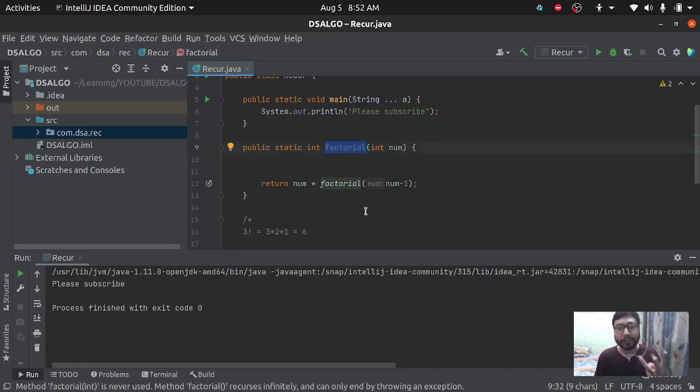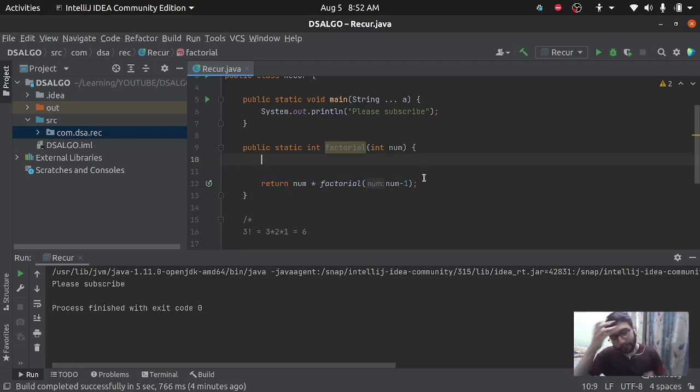I told you three things we need to provide in a recursion method. The first one is the recursion logic, which will give us the answers by splitting the problem. After that is the base condition, where the method will break out of the recursion loop. So in this case, what will be our base condition? There is a tip: whenever you are trying to find a base condition for a recursion function, just go with the smallest valid input for that function.